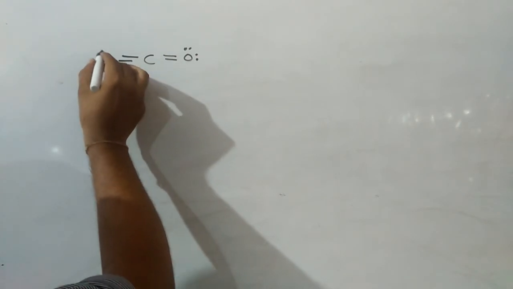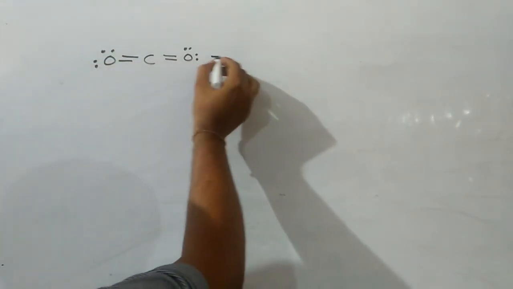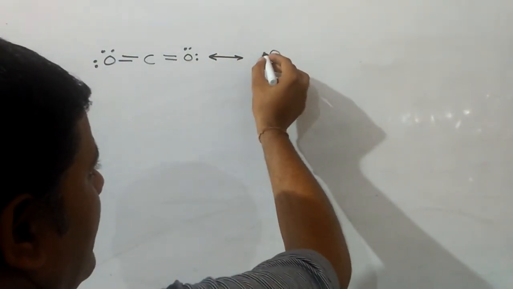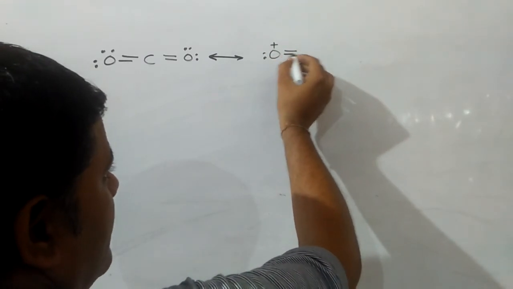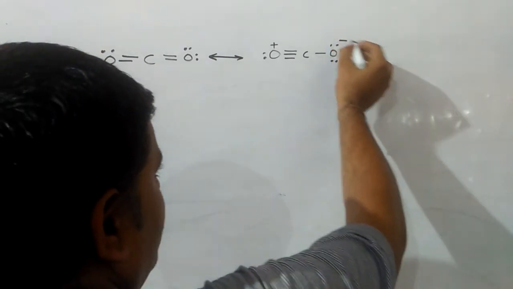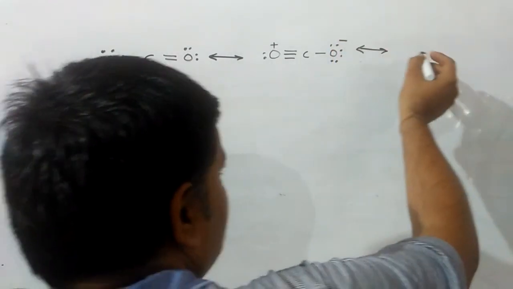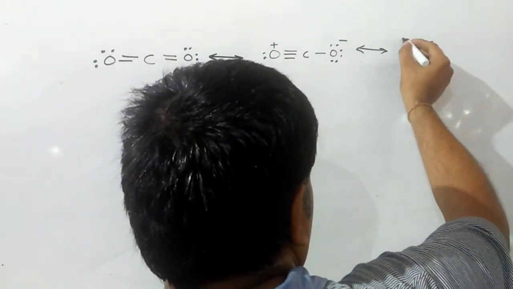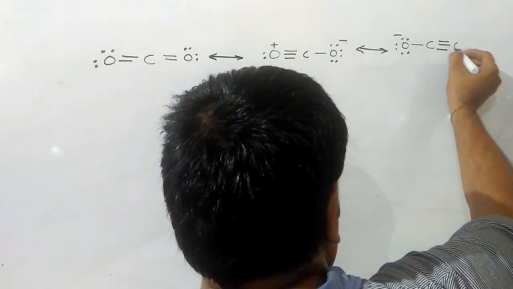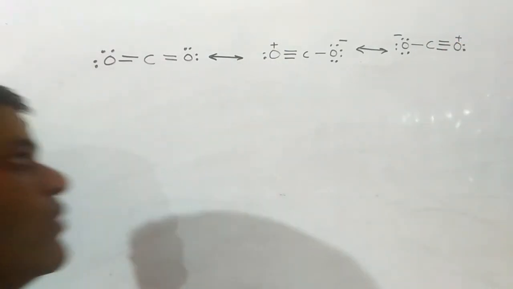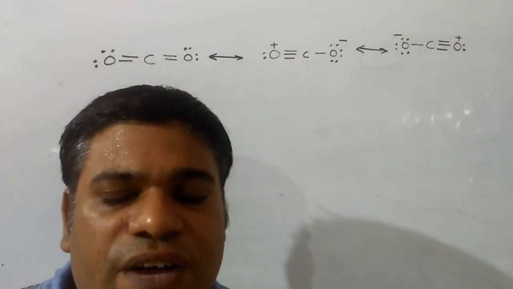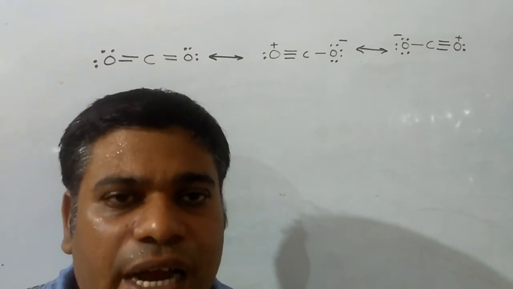For example, CO2 molecule can have three resonating structures. That's why the carbon-oxygen bond is the average of carbon-oxygen single bond, double bond, and triple bond. Here a triple bond will be there. On this side there will be a single bond. That's why oxygen should have negative charge. And the next resonating structure will be like this. Single bond oxygen is having negative charge. On this side, triple bond oxygen is having positive charge. And due to resonance, the carbon-oxygen bond in CO2 has the average bond length of carbon-oxygen single bond, double bond, and triple bond.